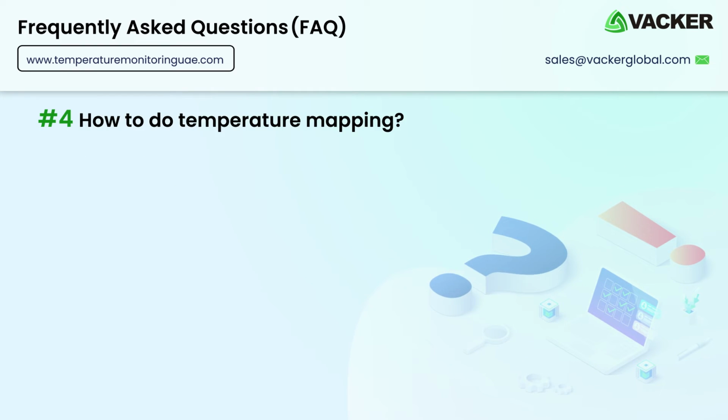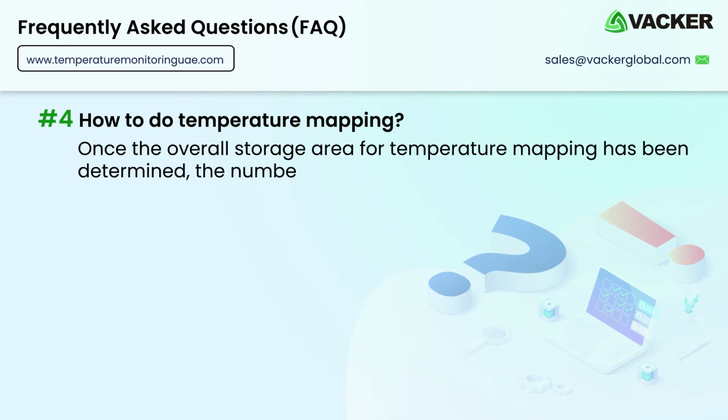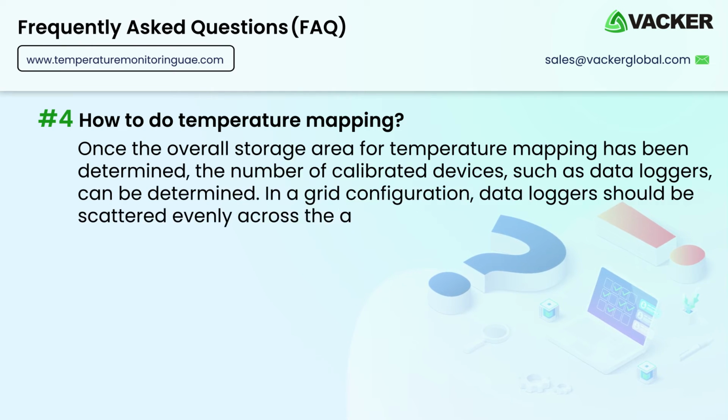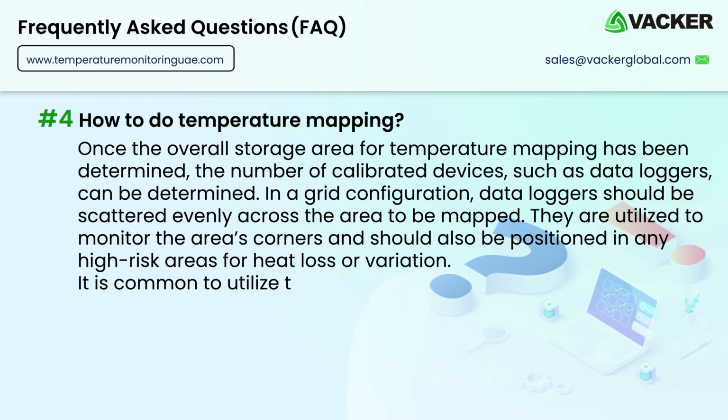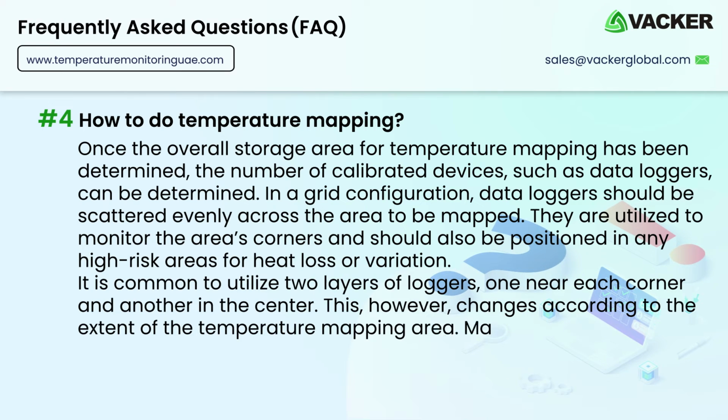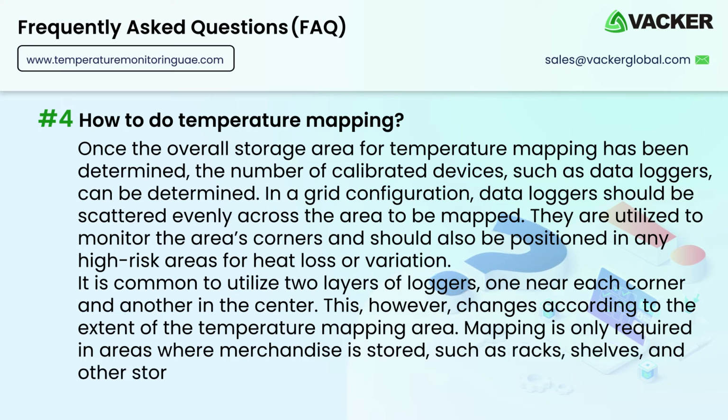How to do temperature mapping? Once the overall storage area for temperature mapping has been determined, the number of calibrated devices, such as data loggers, can be determined. In a grid configuration, data loggers should be scattered evenly across the area to be mapped. They are utilized to monitor the area's corners and should also be positioned in any high-risk areas for heat loss